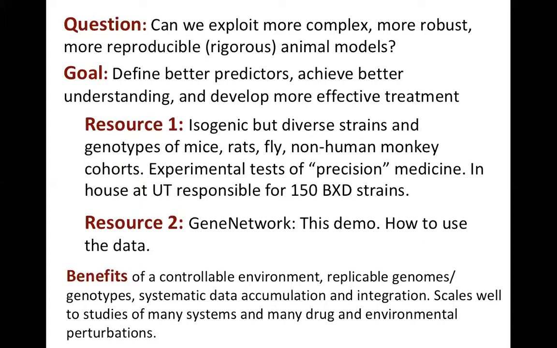So the idea is to study many isogenic strains of rat or mouse or Drosophila or C. elegans. The benefit is you can take genetically identical cohorts of genetically diverse, but still identical. I'm sort of talking out of both sides of my mouth there, but you want diversity but control of the genome. And with a host of different genomes, you can have the benefits of both. And you want to be able to put them in different environments and see how they do. You want to be able to age them. You want to be able to intervene early in development, late in development, and see what you can achieve.